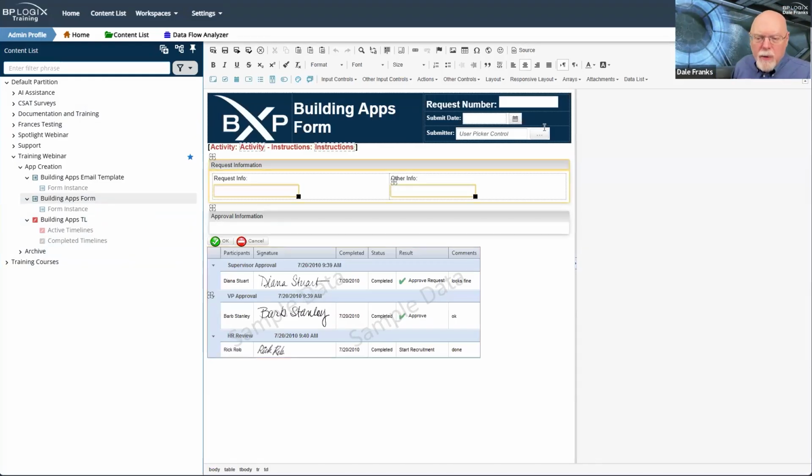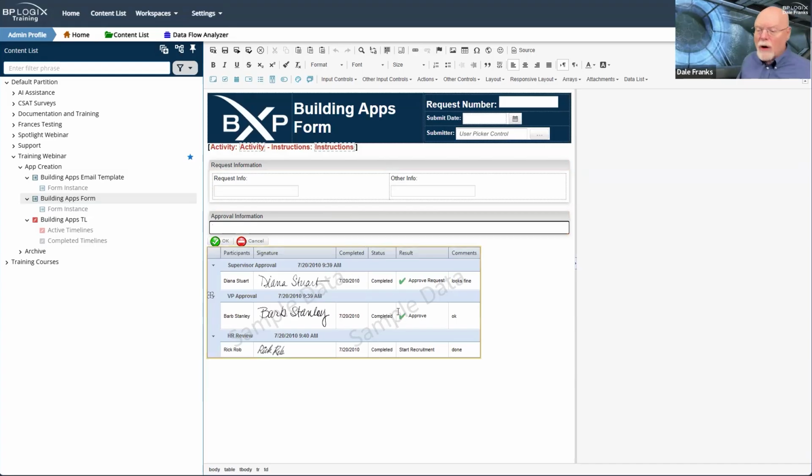So in the approval information, again, I don't know what approval information you need or don't need. That is highly dependent on the process. So I don't really have any specifics about that. What I do have specifics about is the one control that you need to place on your form to gather comments.